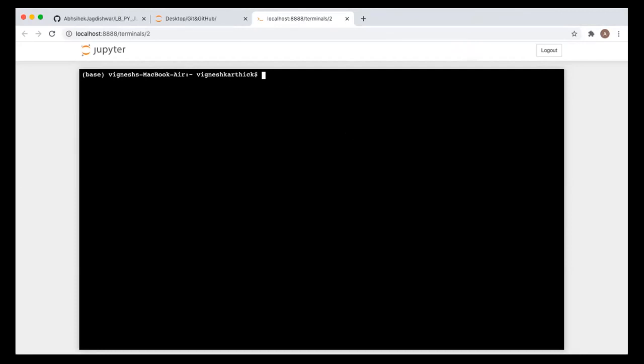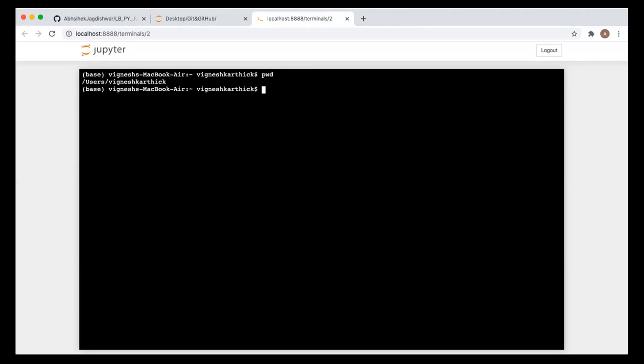Okay. So if it is done, now do one thing. I have created one folder on the desktop. First do ls. ls is going to list all the directories in your current location. If you want to check your current location, you can check with pwd. Pwd is the present working directory. You can write all these commands somewhere. Those who are from non-programming background, just write all these commands.